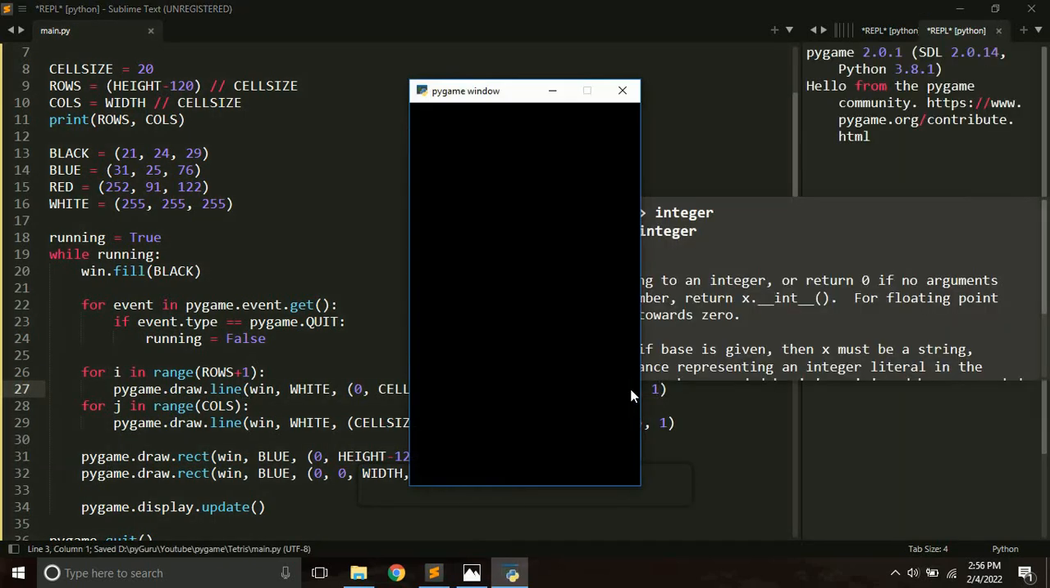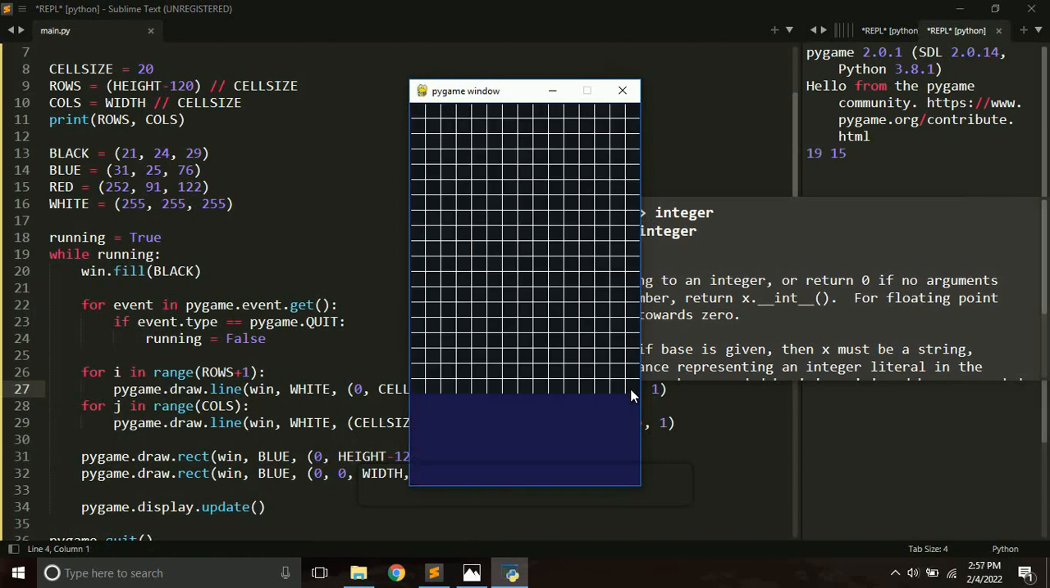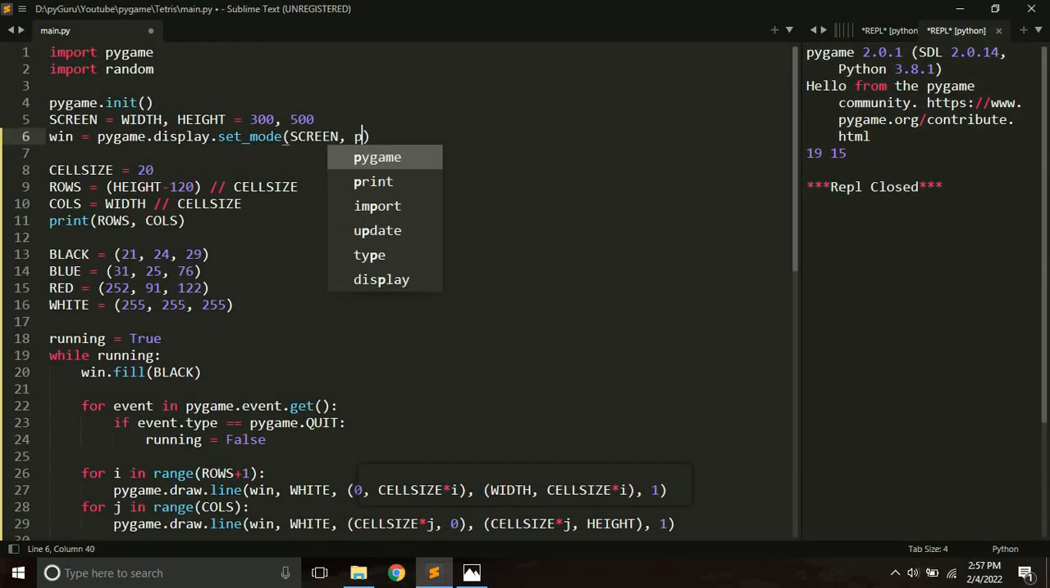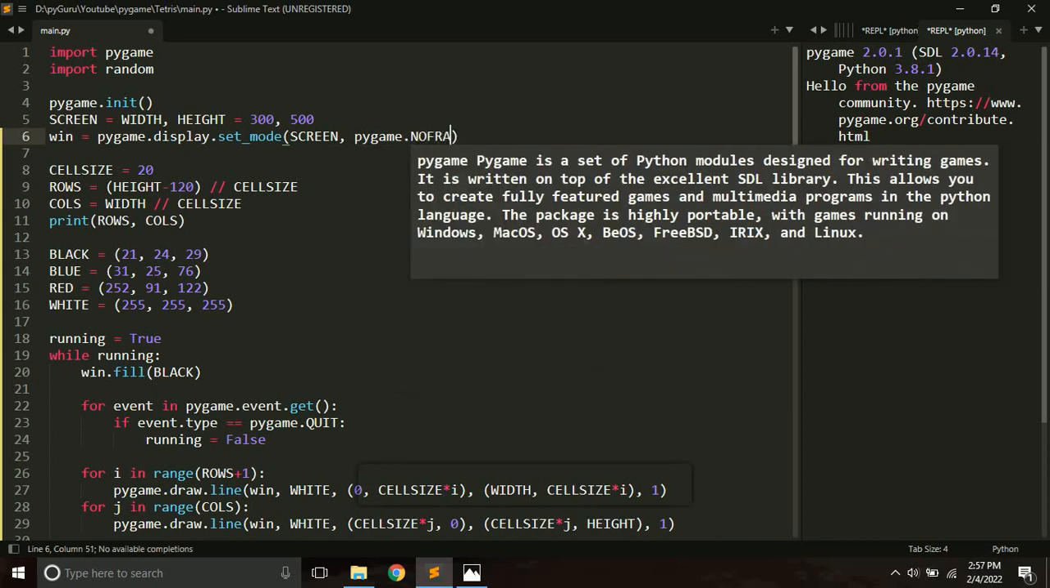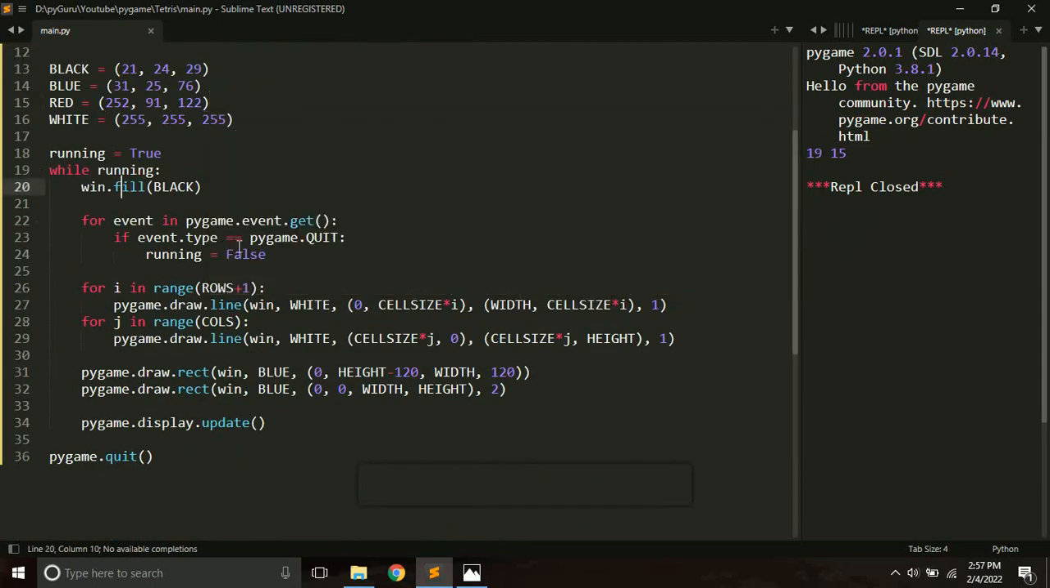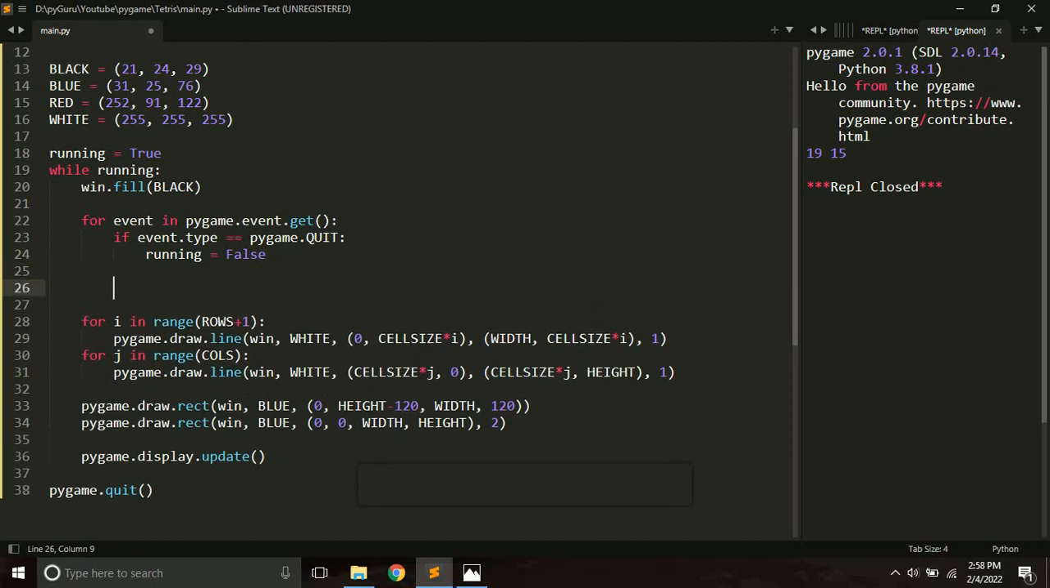If I just run this, we are having a grid here, as you can see. Okay, it looks good. Now the final thing that I want to do by the end of this tutorial is remove this thing from the top. It's very easy to remove it. You just have to pass here pygame.NOFRAME, and it will remove the title bar from the game window. But the problem is now we will not have the cross button, so we will not be able to close the game. So we have to think of an alternative, and that alternative in my case will be,